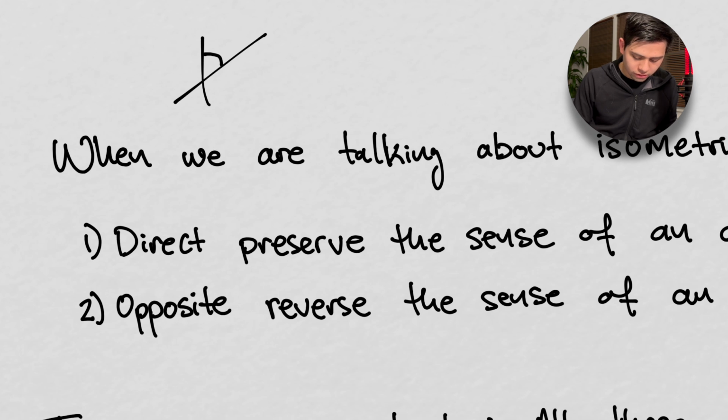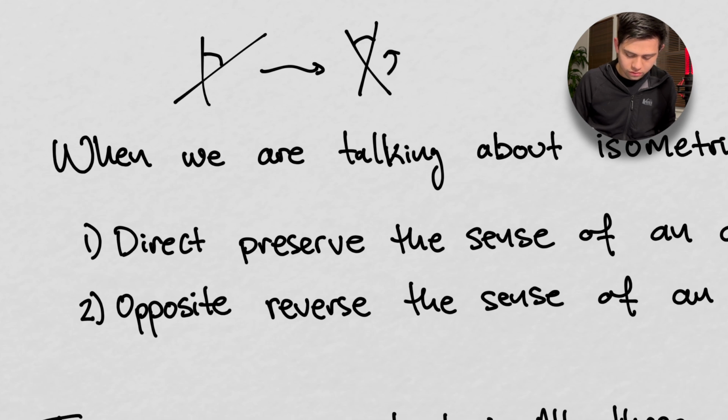Here's an angle under a transformation, and that angle stays the same. So this looks like there was a rotation involved. And then you have the opposite